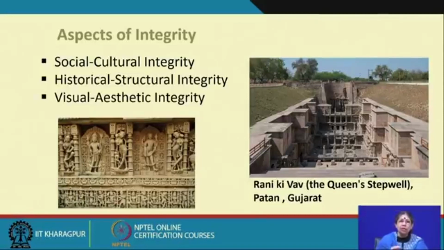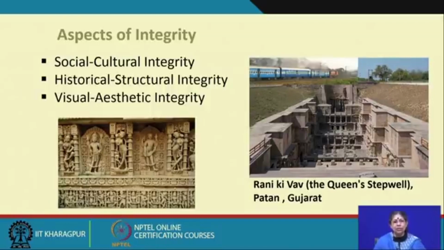that this can really interfere with the integrity of the site, because there is a proposed railway line which is supposed to come within the 100-meter zone. Now, just imagine this railway line coming there. There will be a pollution effect, a vibration effect, and also a visual impact, and this will really interfere with or compromise the integrity of the site, and this is what has to